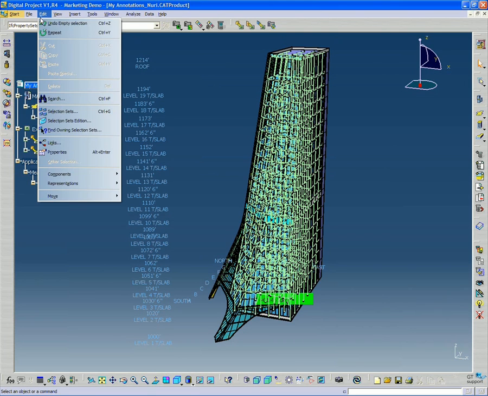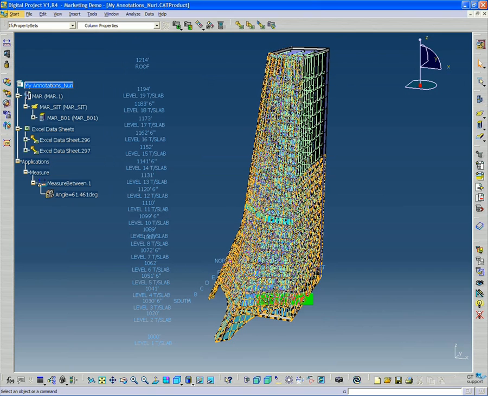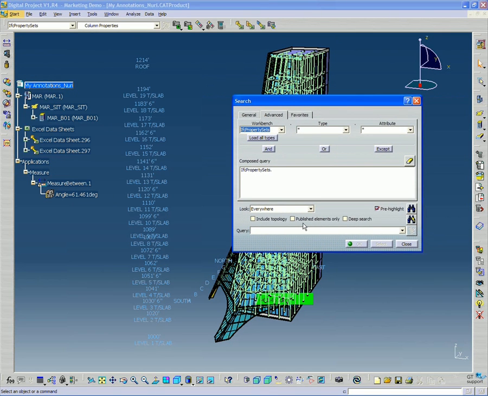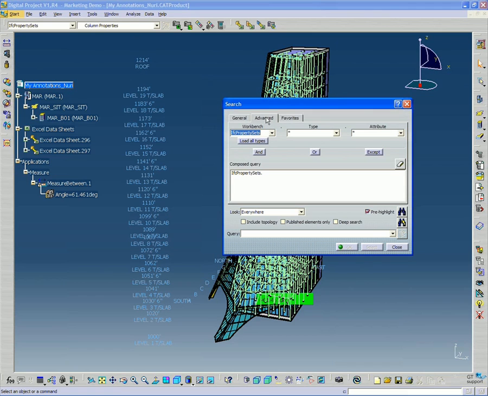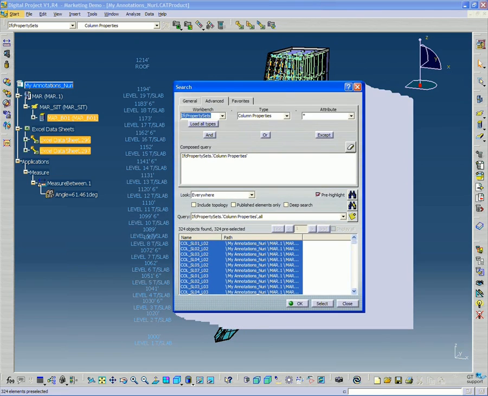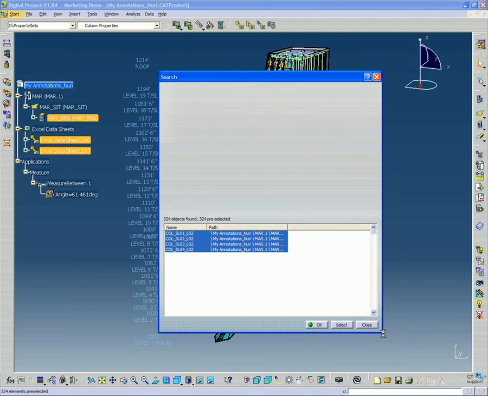I'm going to go to my Edit, Search, and just like before, I'm going to go to the Advanced button, and under IFC Property Sets, I'm going to set the type to Column Properties. I'll click the Search button down here in the lower right. And you'll see the